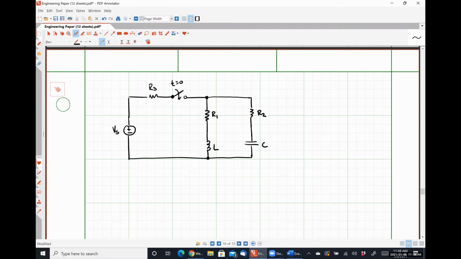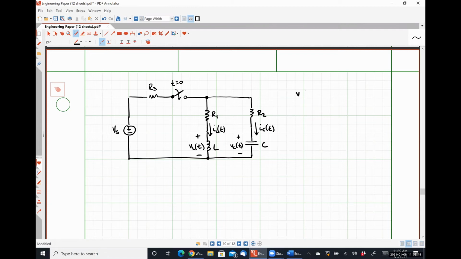So let's talk about how we might go through that. We're going to define a couple of important quantities here, okay? Here is our voltage drop over our inductor, VL of t. Here is the current flowing through our inductor, IL of t. Here's the voltage drop over our capacitor, VC of t. Here's the current flowing through our capacitor, IC of t, and we need to keep in mind